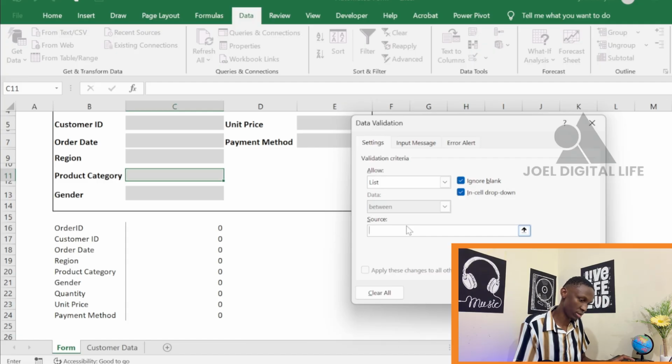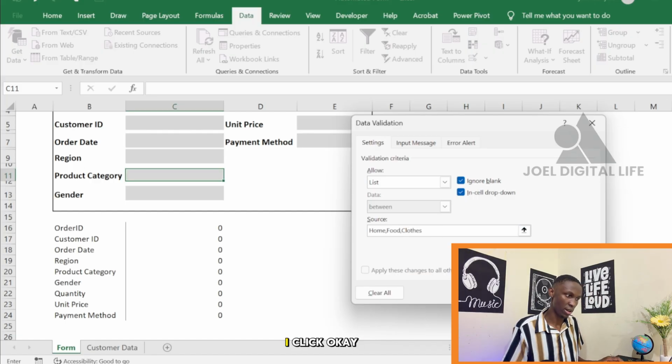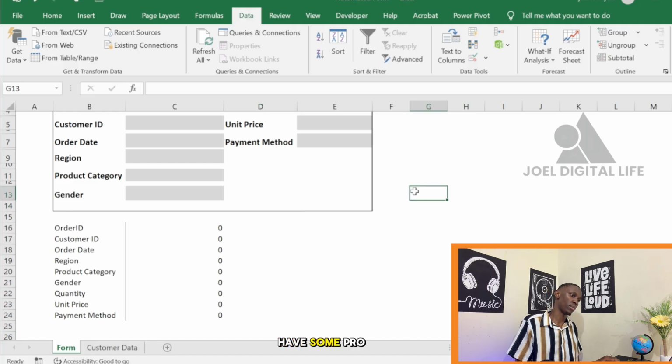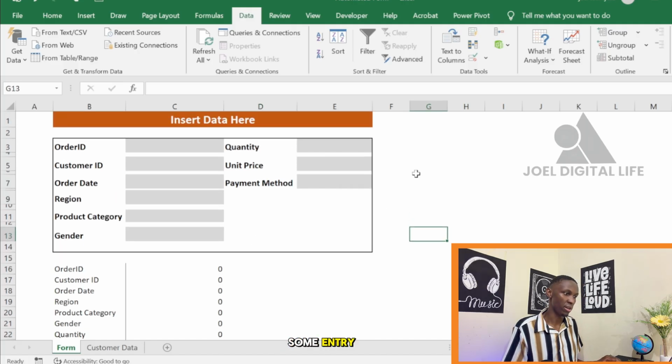Maybe it's home, maybe it's food or clothes. Yeah, that's it. I click OK. Here also we have some entry. Now let's try to put some data inside our table, and we see